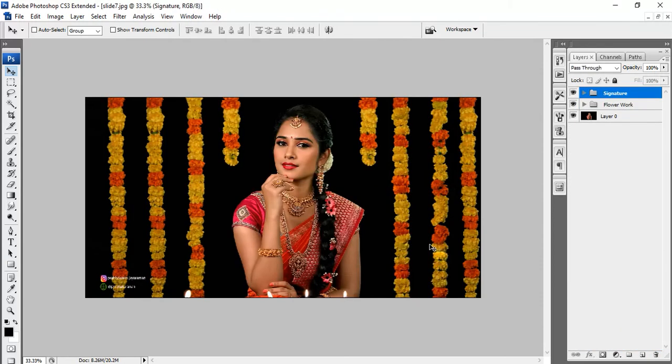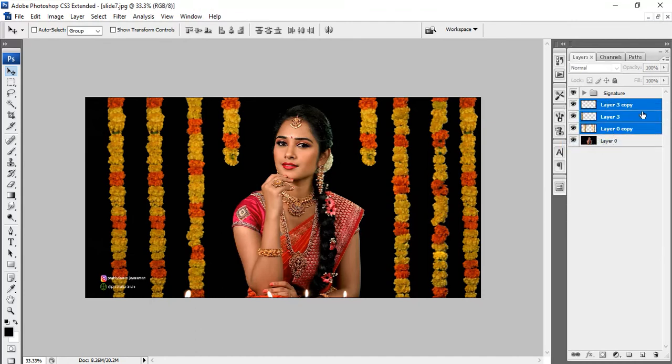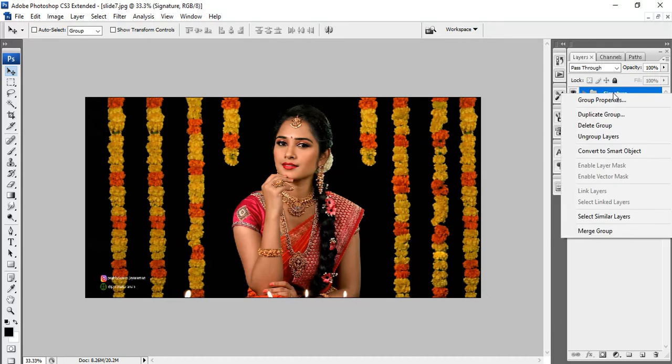Let's come back to our document. See, now we have created these two groups. Under this, you can ungroup as well. Just right click, and if you ungroup, see, it's ungrouped. Now I'll show another option. You can change the folder color as well. Maybe you are making many groups and want to segregate certain things. Some color may relate to the background, another color to another area. Likewise, you can segregate groups based on color also.